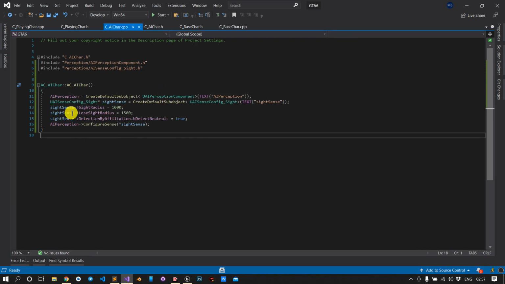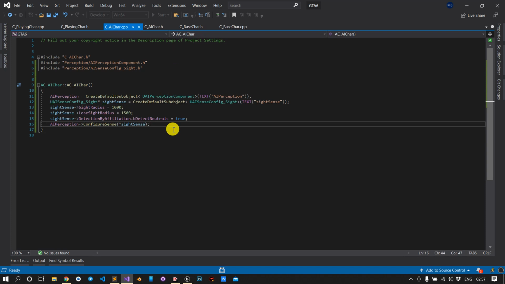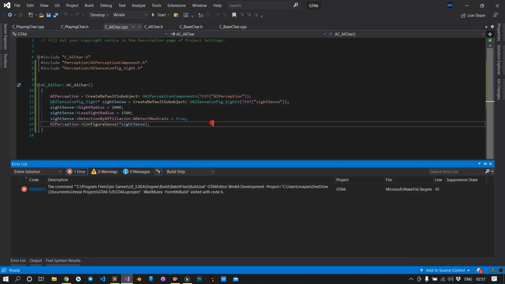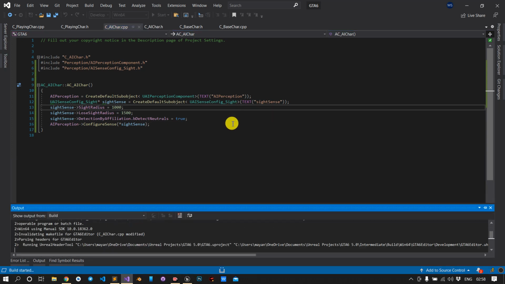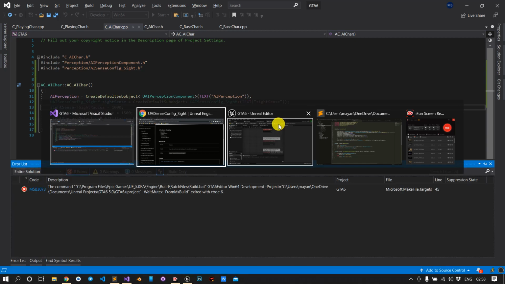Okay, ReSharper has changed the color schemes. We have included the component. Okay, we have an error. Just Control Shift B again, and it should work fine, or I have to restart Unreal again.